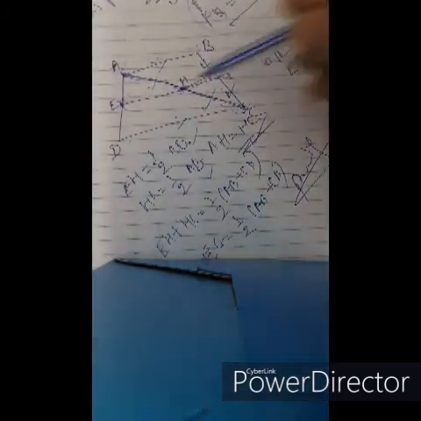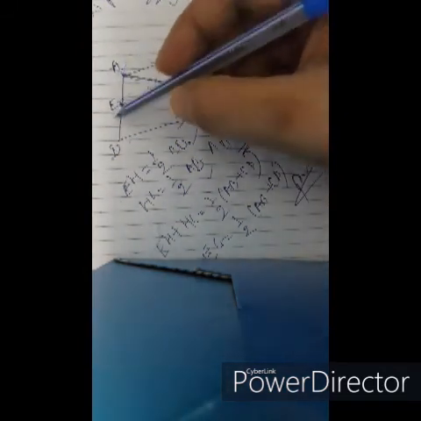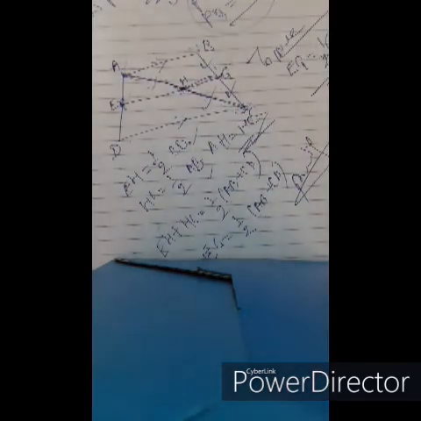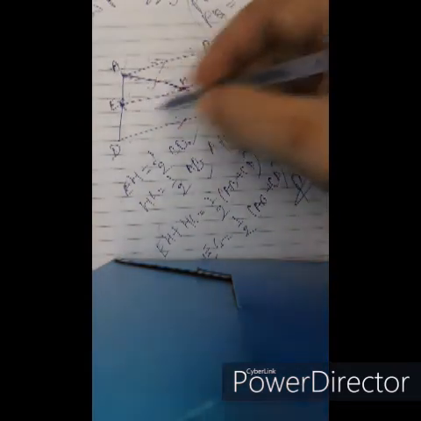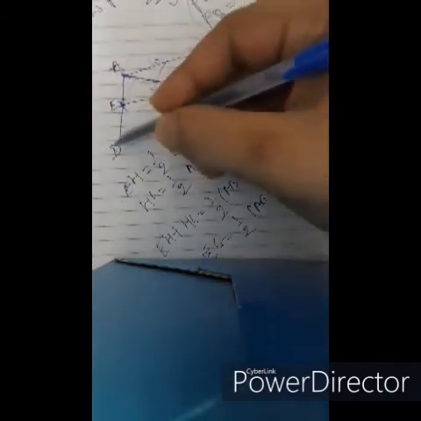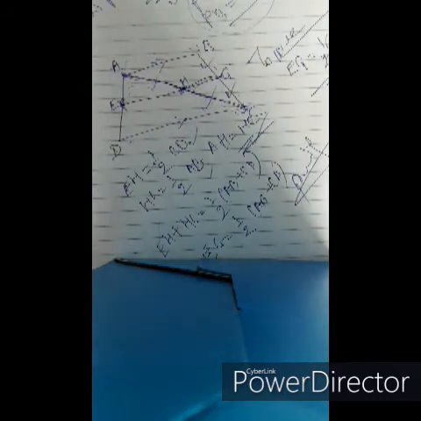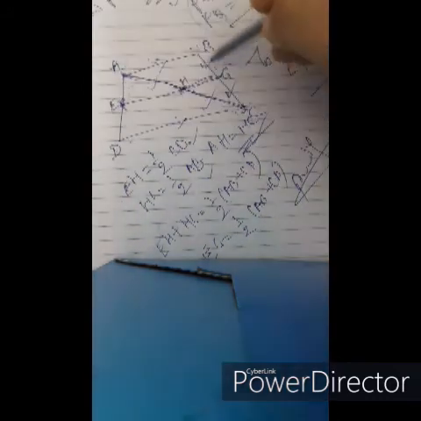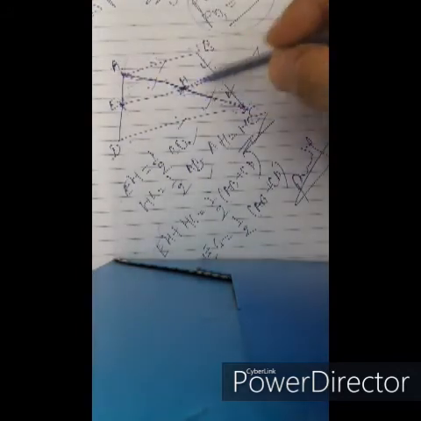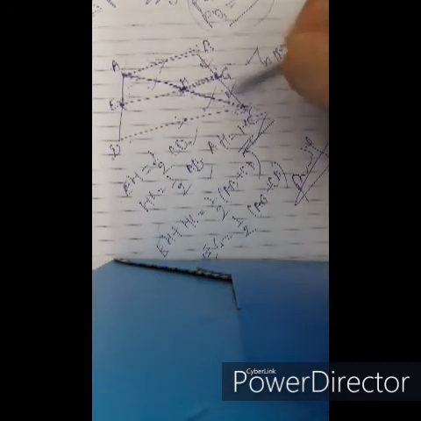So now taking the converse of the midpoint theorem in this figure only, E is the midpoint of AD, H is the midpoint of AC, and EH is parallel to CD. So EH becomes half of CD. Similarly, in triangle CAB, H is the midpoint of AC and HG is parallel to AB, so G becomes the midpoint of BC according to the midpoint theorem.